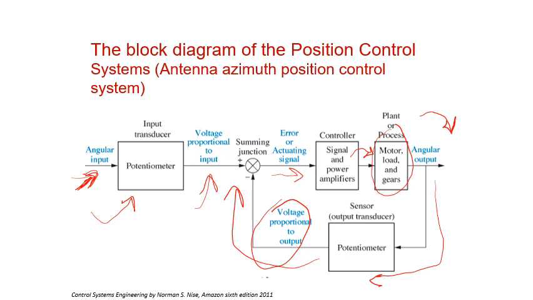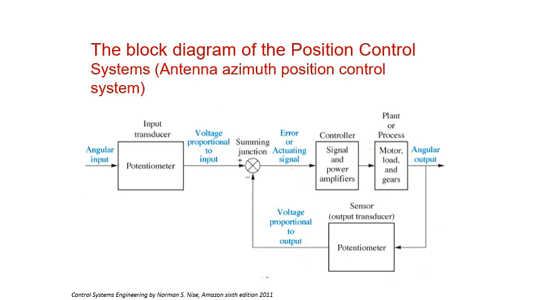To understand what is done here, let me just explain what's happening. If I ask for a position of 30 degrees, remember that this is a switch to be controlled by a human. He rotates it. When he rotates it, we are going to get a certain voltage here. The voltage is proportional to 30 degrees. Now, 30 degrees, but in the form of voltage. That 30 degrees will be sent to the motor, so that the motor will rotate until we reach that